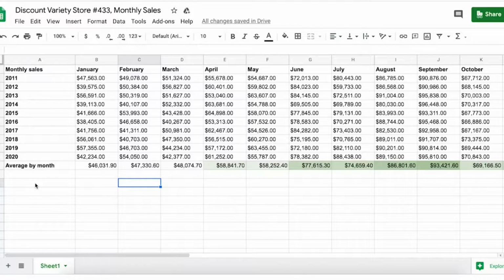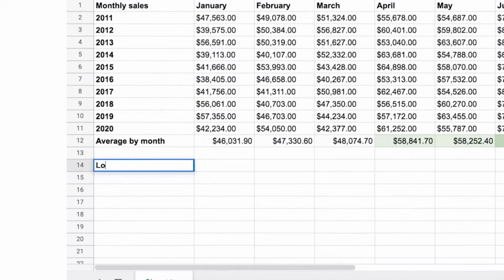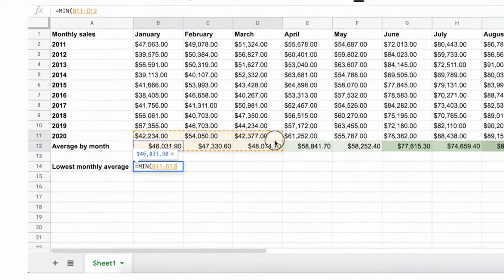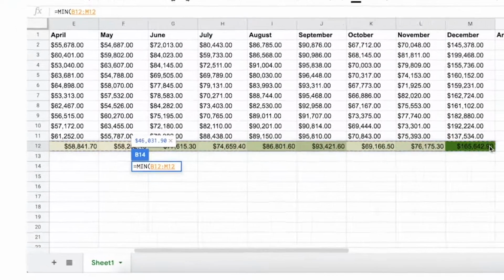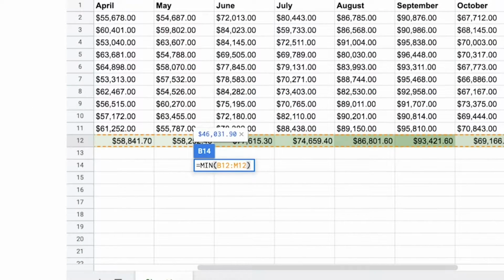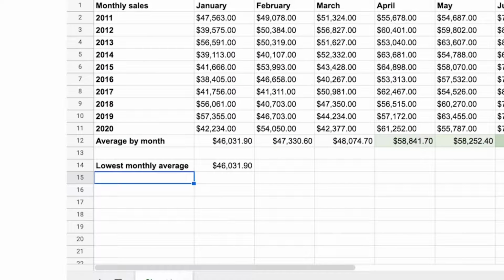We'll again rely on formulas with functions to do these calculations. We'll start with the lowest monthly average. Our function here is min, followed by the cells with the average month, B12 through M12. After we press enter, the lowest monthly average is calculated.